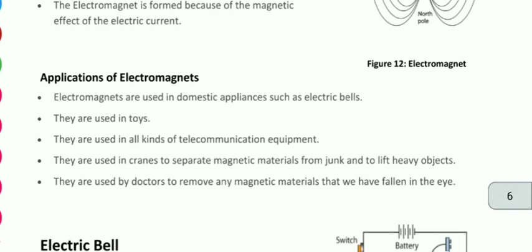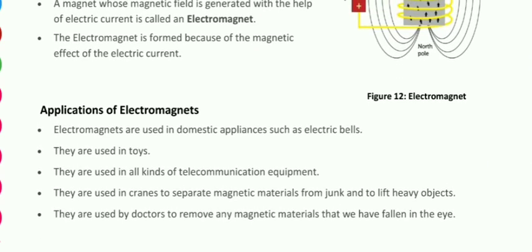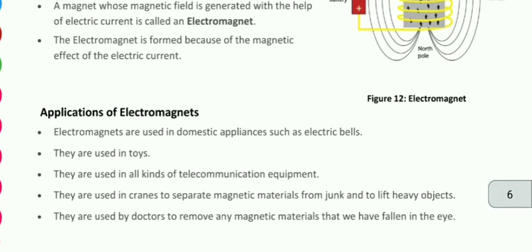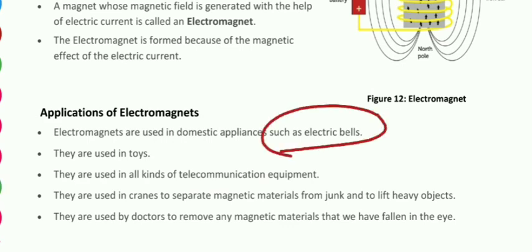Now applications of electromagnet. These electromagnets are used in various ways, like in domestic appliances such as the electric bell. In everyone's homes there is an electric bell. This works on electromagnets.